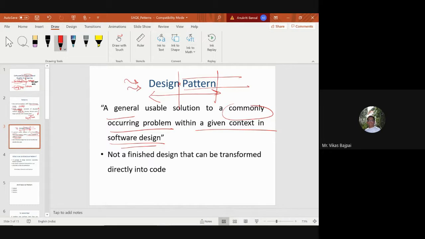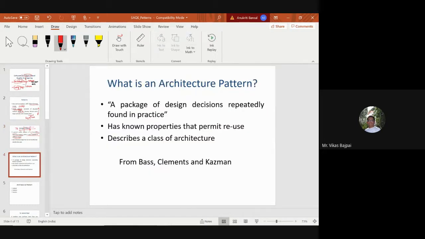So now let's see what basically the architecture pattern is. Once again, we are lifting from our old Bass, Clements, and Kazman book. This architecture pattern is a package of design decisions repeatedly found in practice. That means there is some amount of repetition in it, something which is reoccurring.